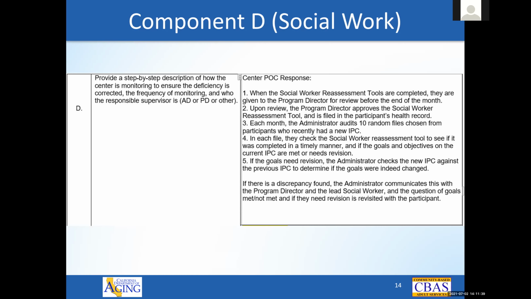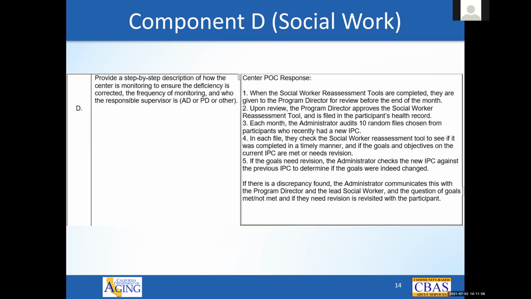And if there is a discrepancy found, the administrator communicates this with the program director and the lead social worker, and the question of goals met or not met, and if they need revision, is revisited with the participant, and then also with the social worker. So here,